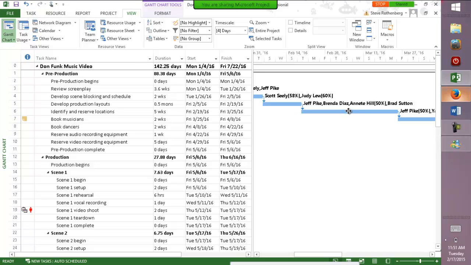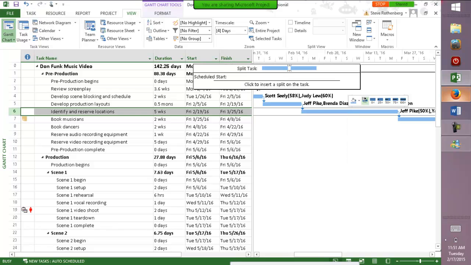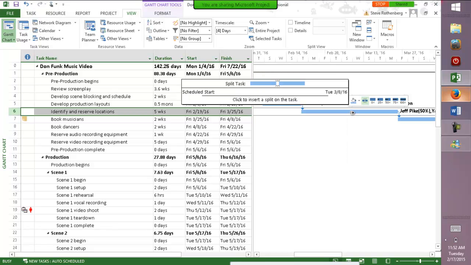You hover the mouse over, and I know that on the WebEx, some of these cursor shapes don't show up like they do when it's live. But if I right-click the mouse, I get a floating menu with a split icon. So I click that. And now, if I put my cursor over the bar, you'll notice that the date, I see Tuesday 3/8, is the date that if I wanted to split, I could just hold my left mouse button down and select it. But let's say I want to split it on Friday,